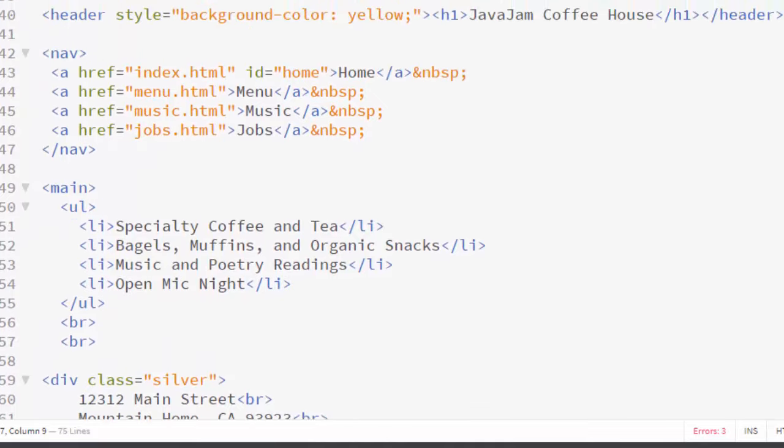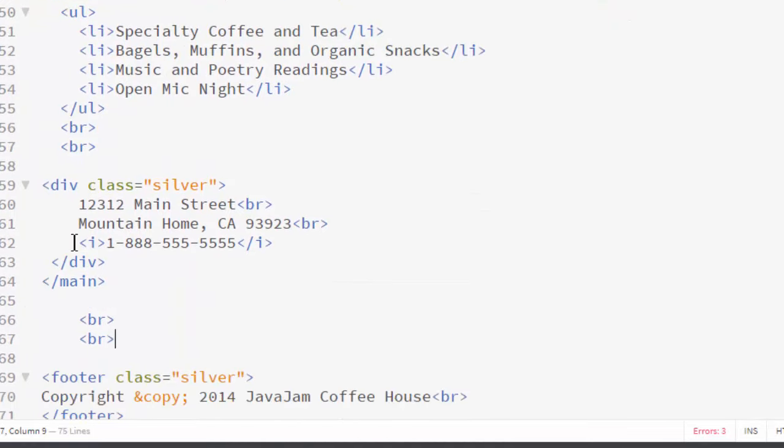Notice that in our document, we have an italic tag. Nothing wrong with this. However, we can now replace this with CSS. Remember, if you can replace an HTML element with CSS, and there's a handful, you can do that. So what I'm going to do is I'm going to change this to a span. A span is an inline generic element, and its pretty much purpose is for calling CSS. So if I were to say class equals italic,